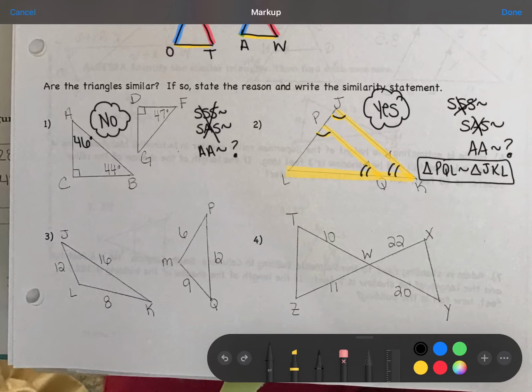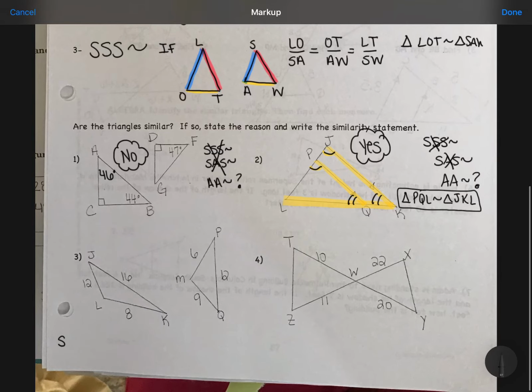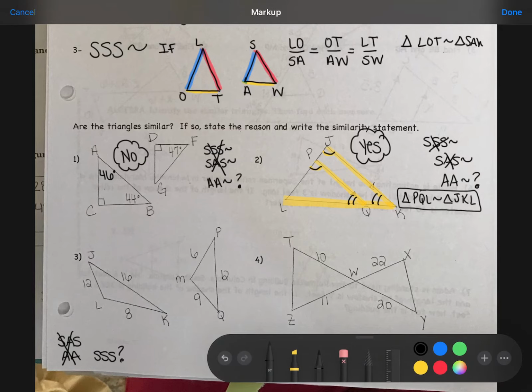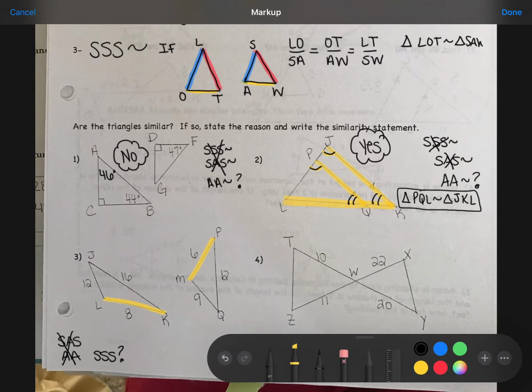Okay, number 3. This time they've given me sides and no angles. So obviously, we're not going to be using side, angle, side, or angle, angle, because I don't have any angles. So the question is, are my sides proportional so I can show the triangles are similar because of side, side, side similarity? Well, let's set up a proportion and find out. Easiest way to do this is to look at one triangle, find the shortest leg, and then the other triangle and find its shortest leg, and then set up a ratio. So you have